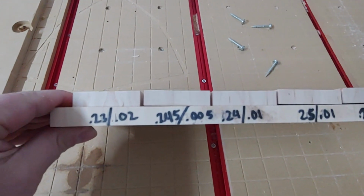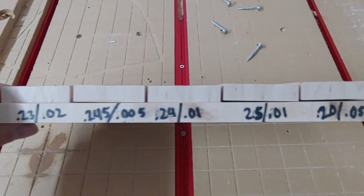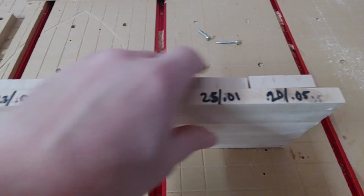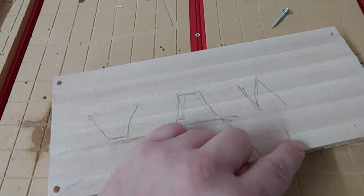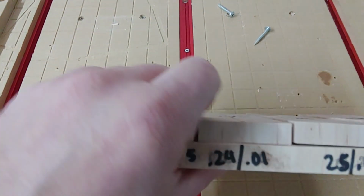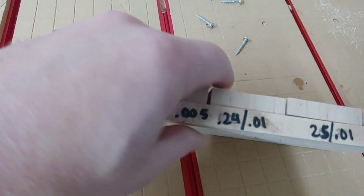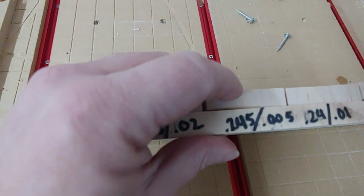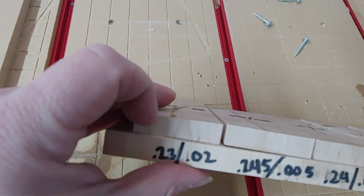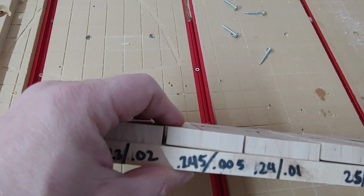Okay, so this is what it looks like after the glue up. I could have done a better job with this glue up. I wasn't really as concerned about it since it was just a test file. And you can see that gap there. It's kind of crooked. I'm worried about this one. I clamped it so much that it ended up cracking the end grain, and I'm pretty sure that's because this one is hitting the floor in there. This one went pretty good, and I think that's probably going to be the best one, but we'll see what the gaps look like in the seam. This one had a little tiny gap. As far as you go, the gap kept getting bigger, and this seemed like the best of both worlds, but we won't really know until